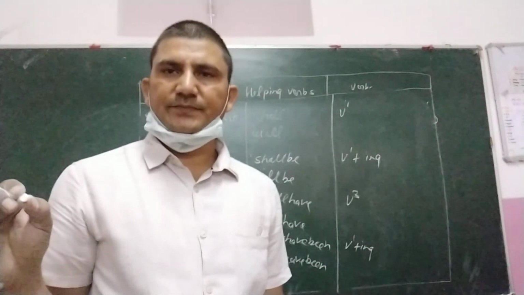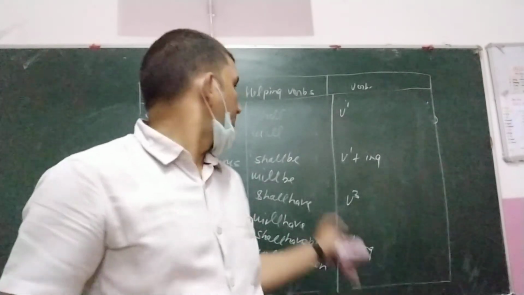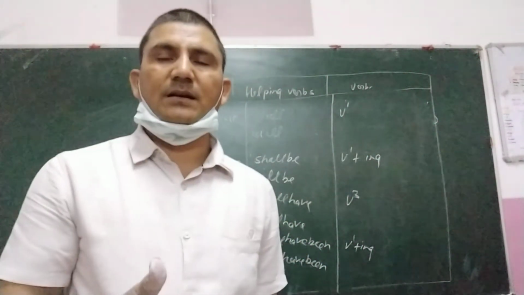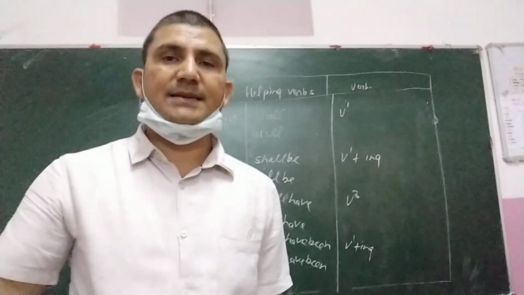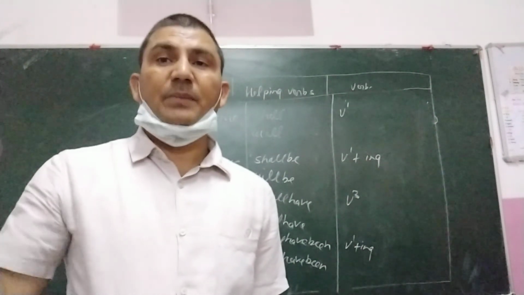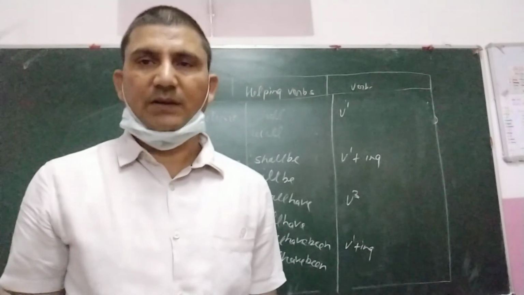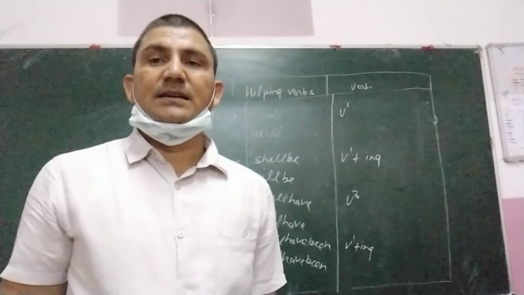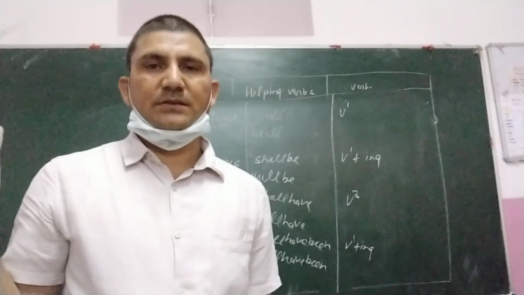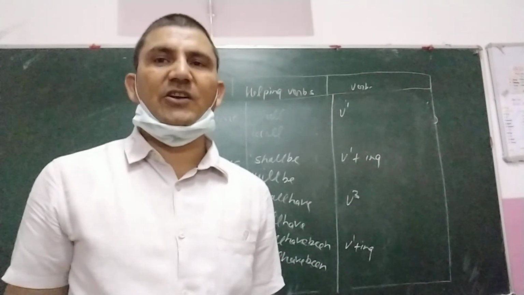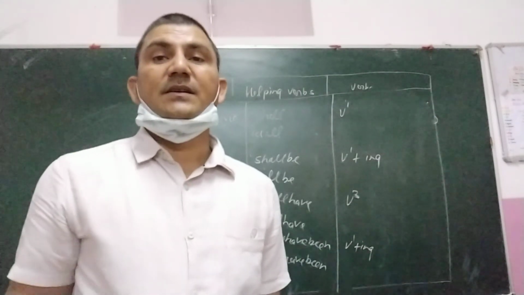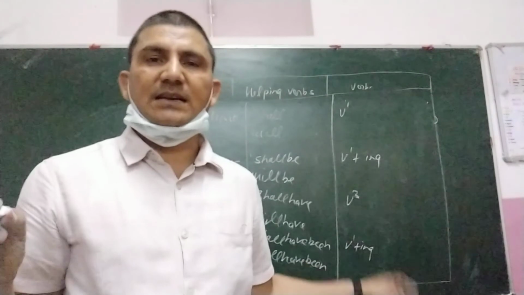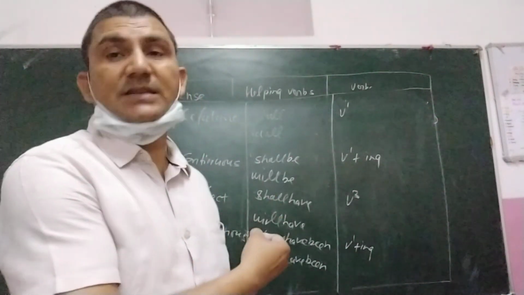Okay. And in all the perfect tenses, whether present, past, or future, we use the third form of the verb. And we will talk about perfect continuous. In all the perfect continuous, present perfect continuous, past perfect continuous, and future perfect continuous, we use since and for with the ing form. So these are the formation of tenses.